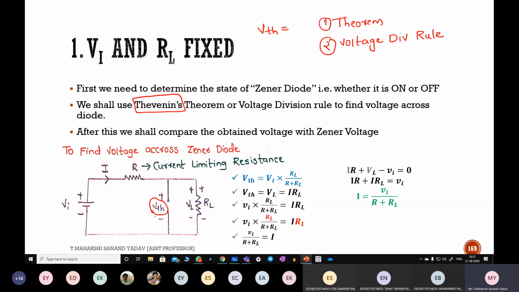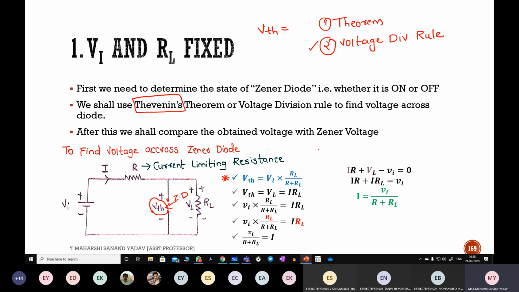Suppose I want to find the exact voltage across the Zener diode. Initially there was a Zener diode here, right? In Thevenin's theorem, first we need to open circuit that point. Where we want to find that voltage, at that point we need to open circuit. So I've removed that Zener diode and made it an open circuit. I'm assuming some voltage present across it as VTH. Now my intention is to find the voltage at this point. For this I'm making use of the voltage division rule. I'll explain two methods. First, let us go with the voltage division rule.